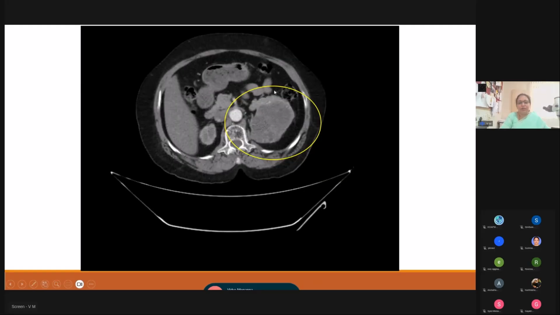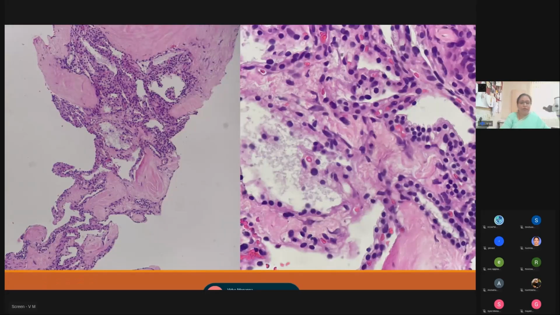As you're seeing here, it's a nice solid cystic lesion that is seen here. And this was the biopsy that we're finding, and I think he has done a good job. He has described it, but Dr. Syed has called this vascular spaces. We'll see later. As you're seeing here, you're seeing multiple cystic spaces. And then there is this fibrous stroma in between, and